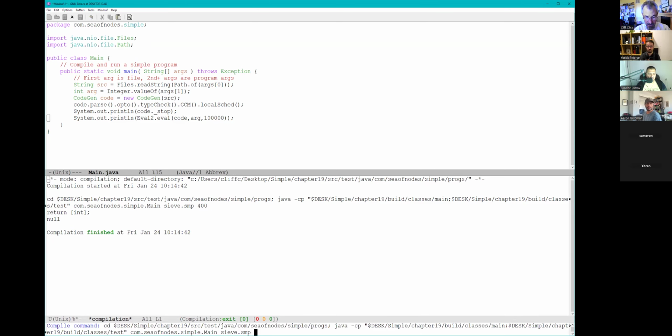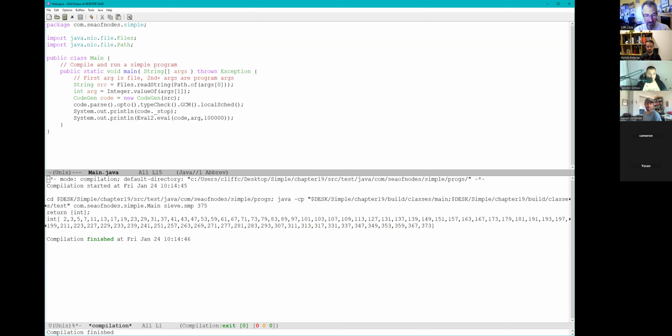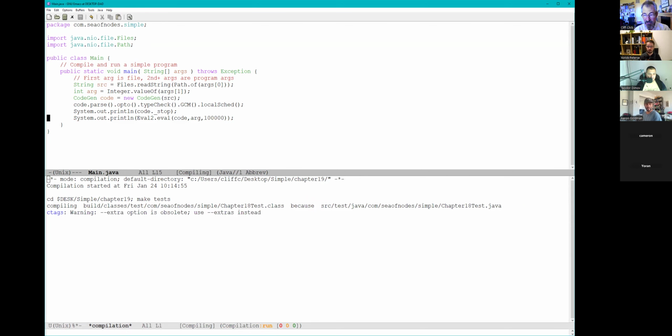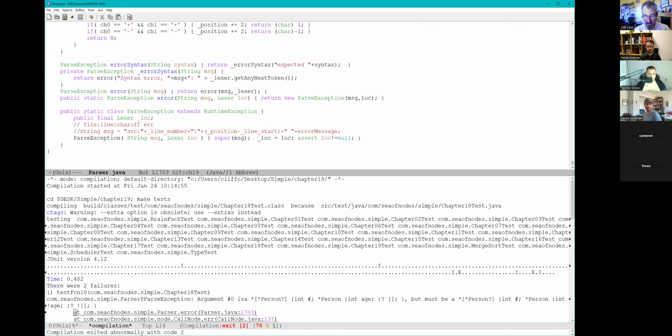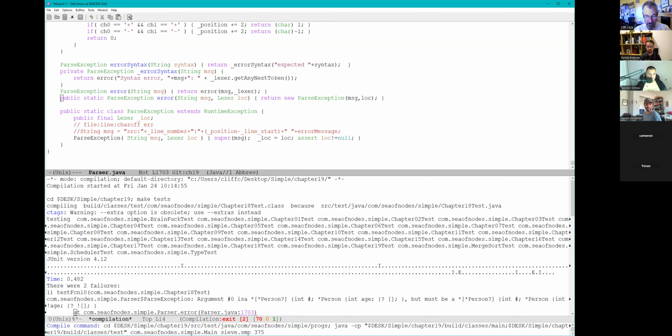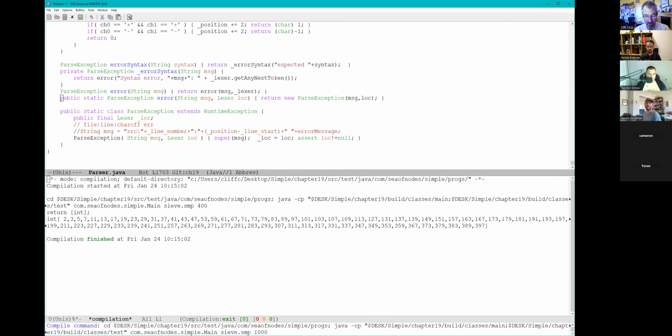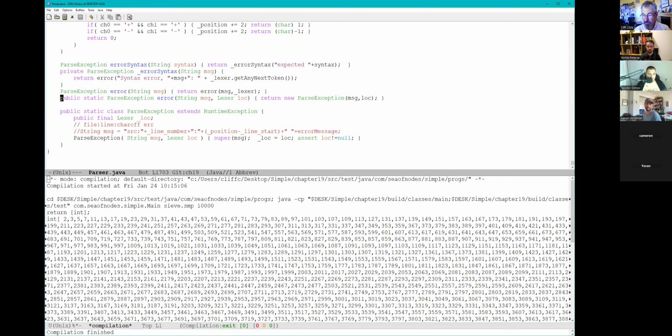No, did I not get it right? Did I not build? I'm not running the build step because I'm running the thing. Where's my build step? Oh, there you go. Wrong way to go build. So there's the build. Now I've changed things. And there's 400. And there's 10,000. So the evaluator, despite being completely an interpreter, is fast enough to do something.